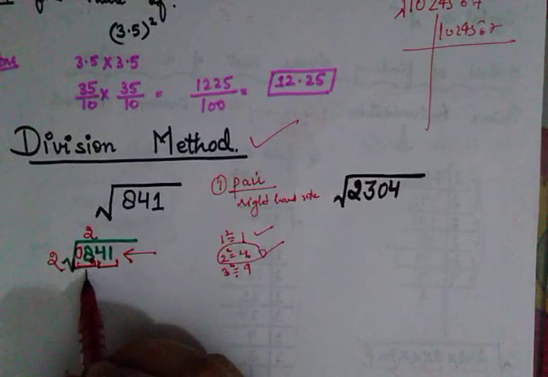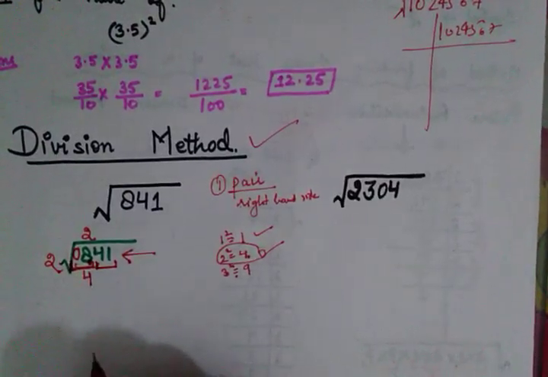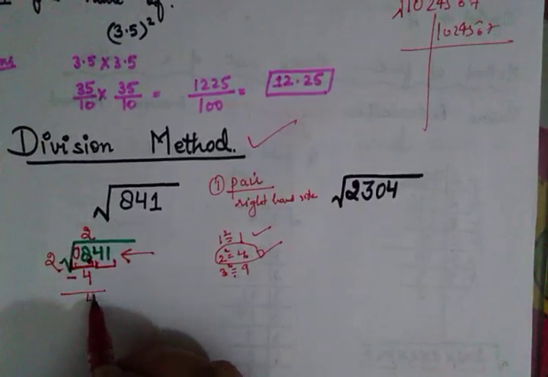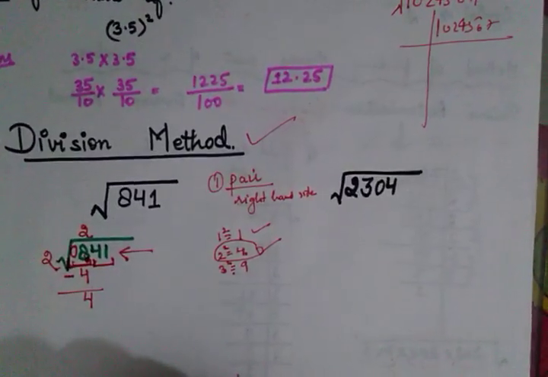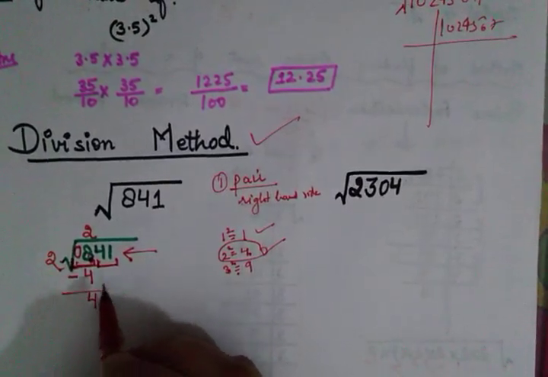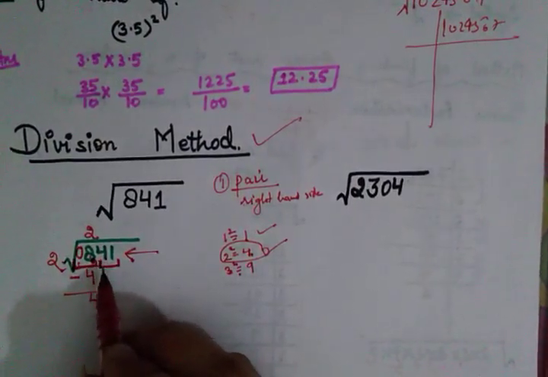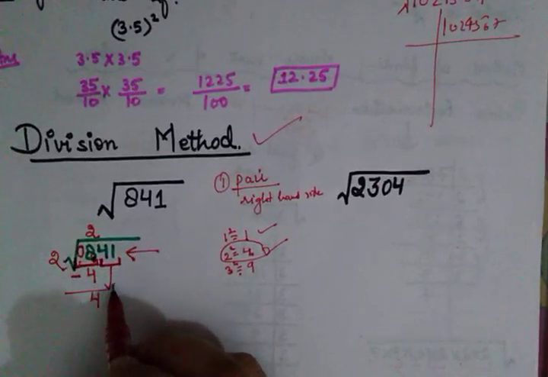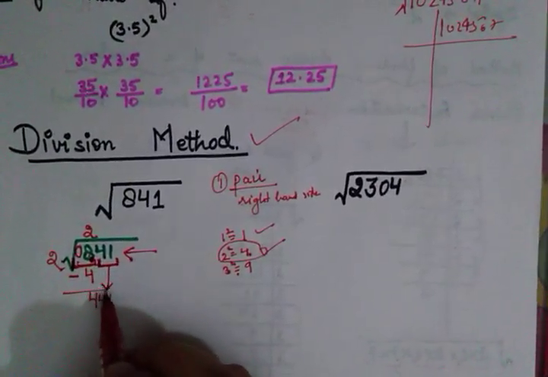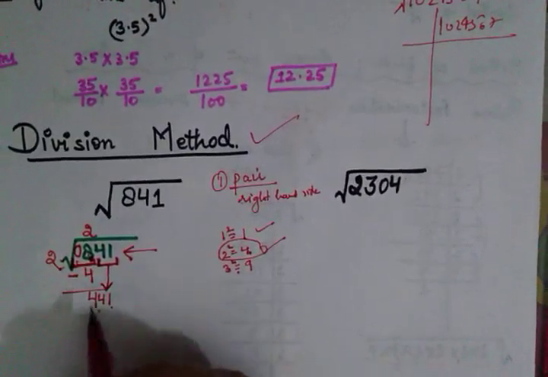2 square was 4. Write its square under it. And now do the normal division like we do. 8 minus 4 is 4. Now what is the step in the normal division? That we bring the next number down. Here the process is that the number 4 will not come alone. It will come along with its pair. That means 41 will come together. And I have written them here.